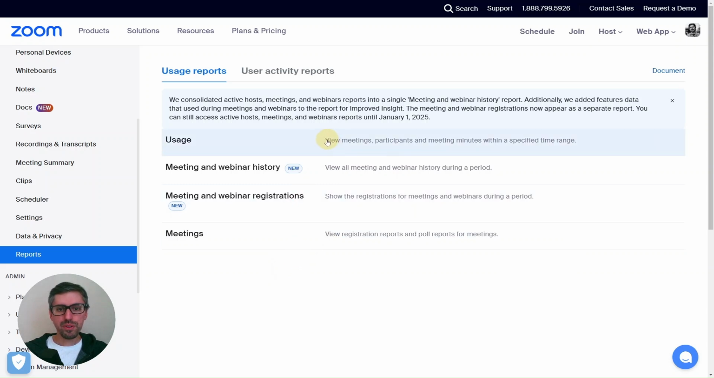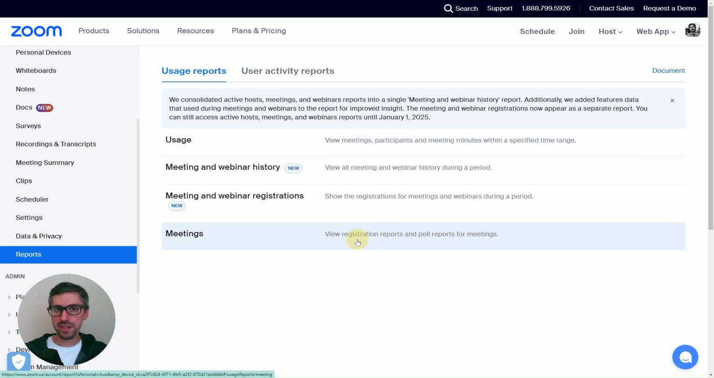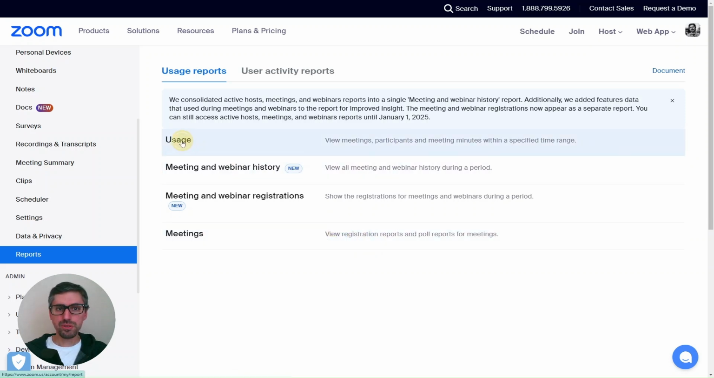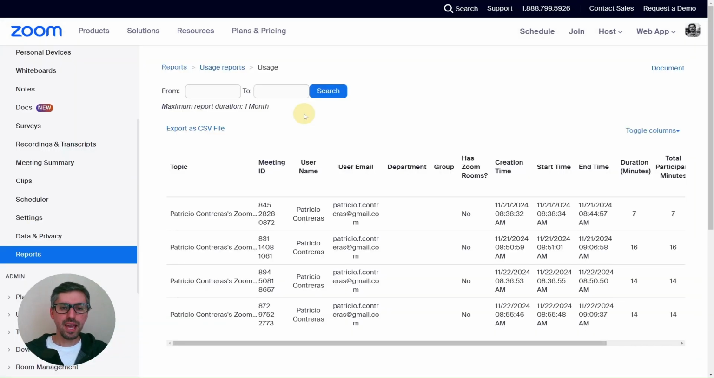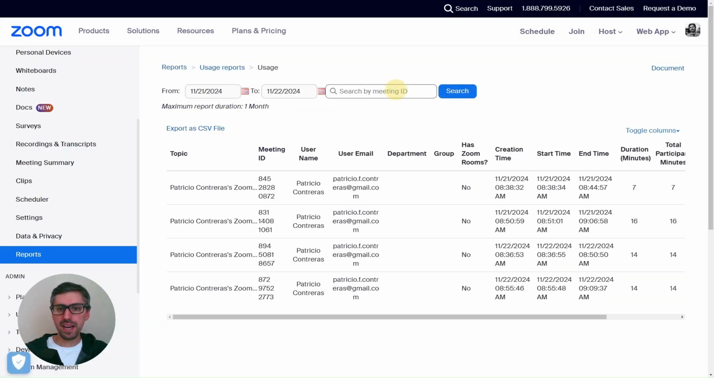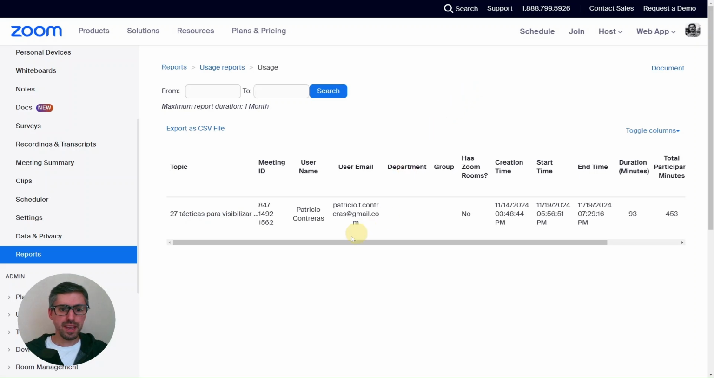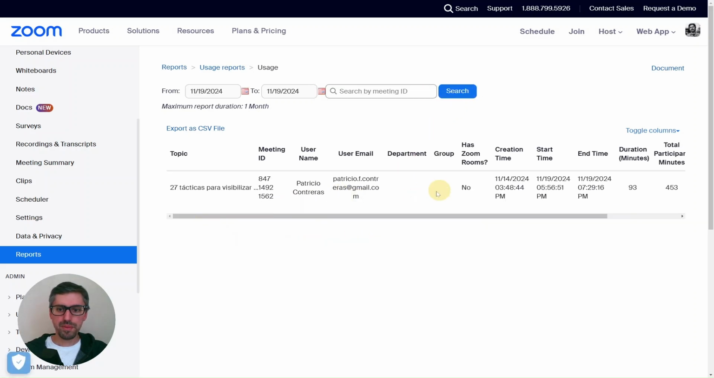Since you are looking for only the participants and not the people that registered for a video call, we are going to click on Usage. And if you have the meeting ID of the call, you can paste it here. I'm going to search only by date. I'm going to select the date, the same day, hit search, and I have all the data from the call